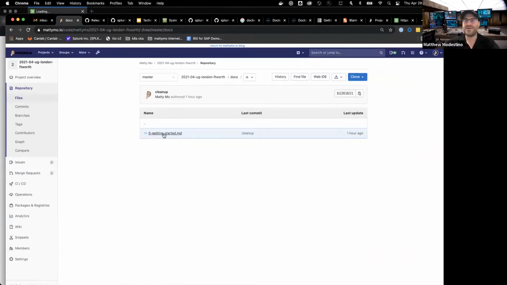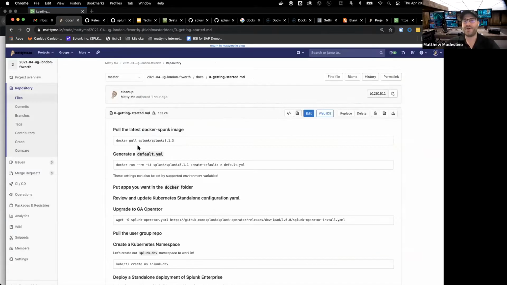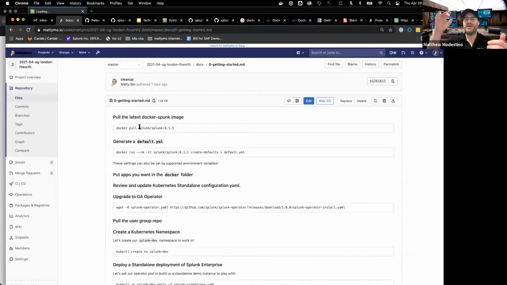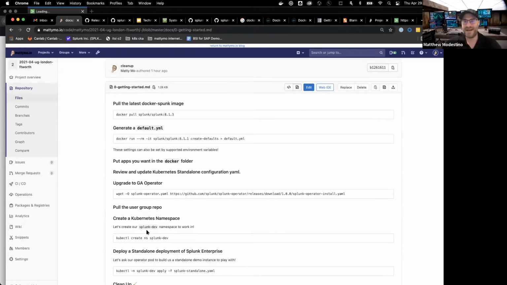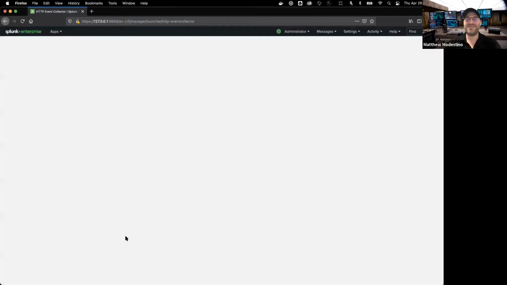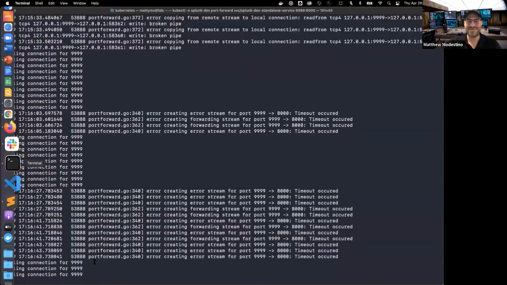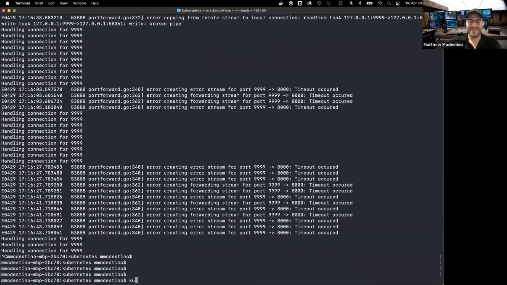Just give me an hour or two to clean them up. I have this getting started where you're literally going to go through, grab the image, do this, run this, press this, ta-da. So at the very least, if you ping me on Slack, you get the container up, right? Hopefully you can at least get to this point right here,